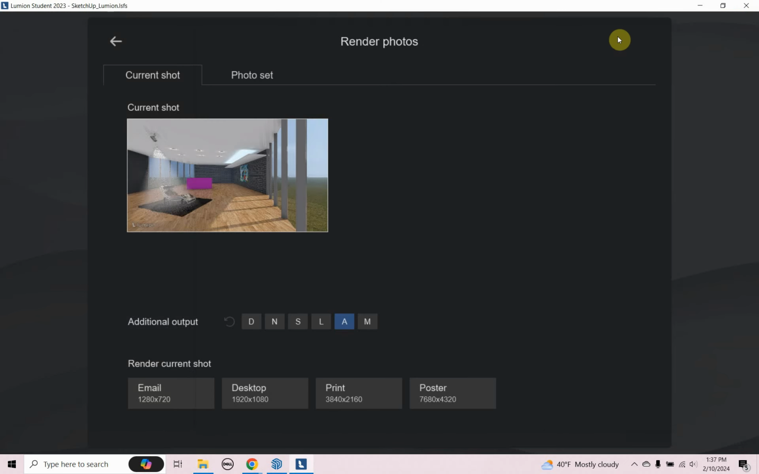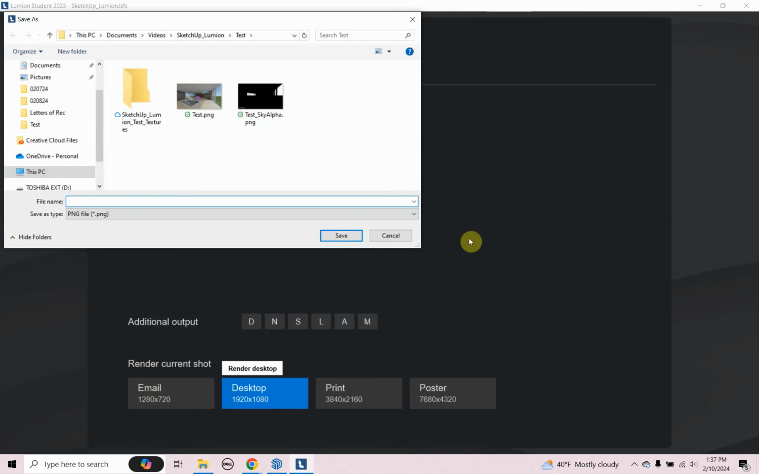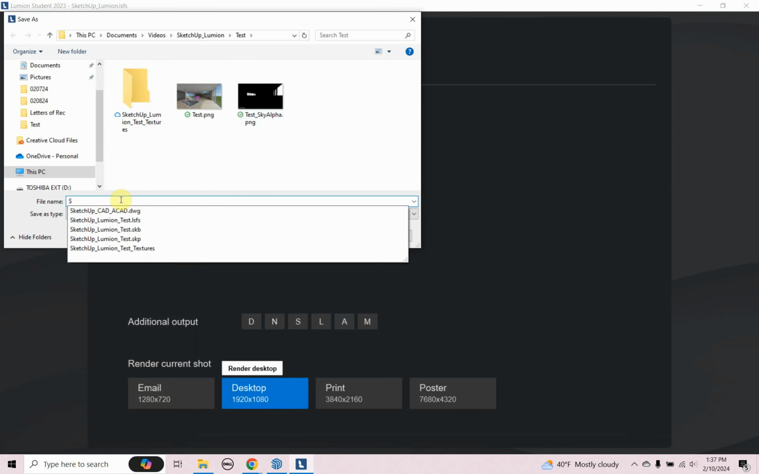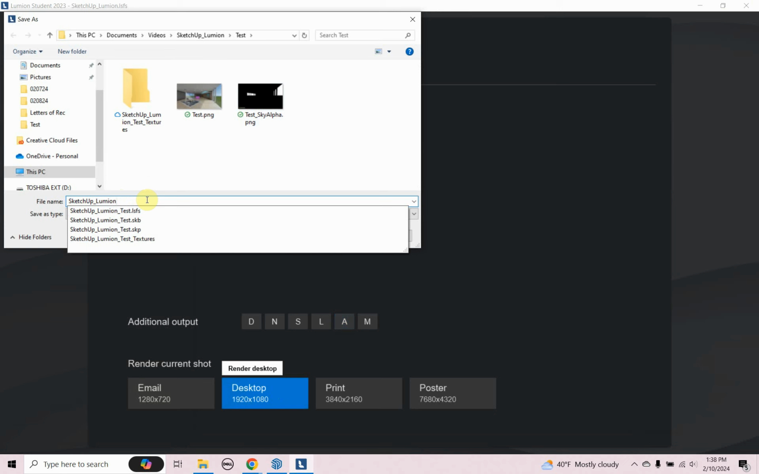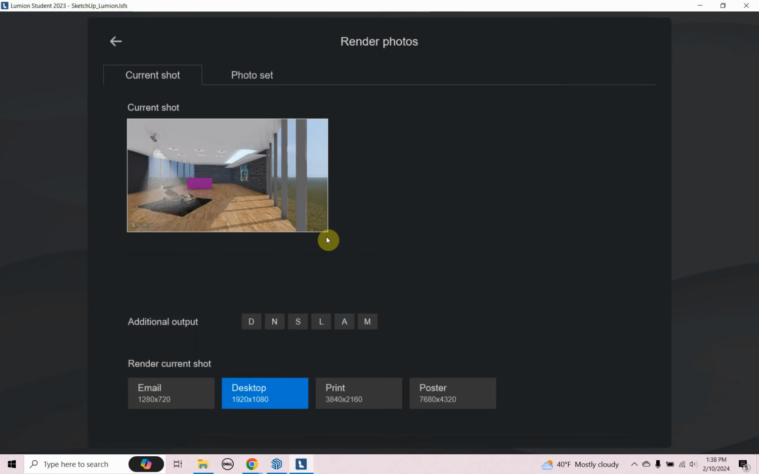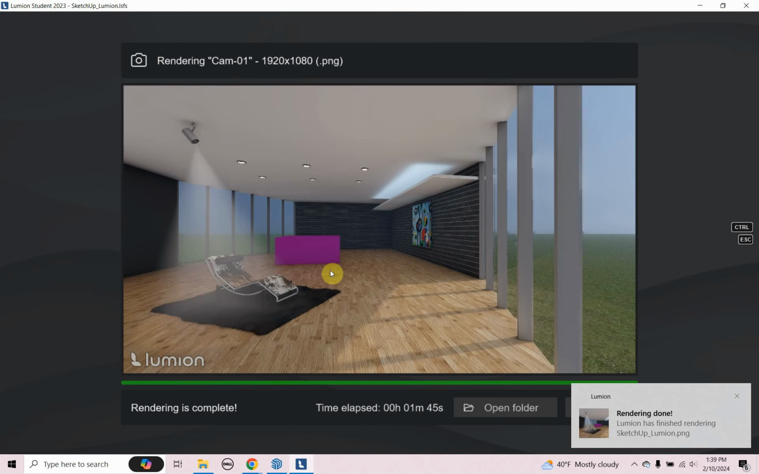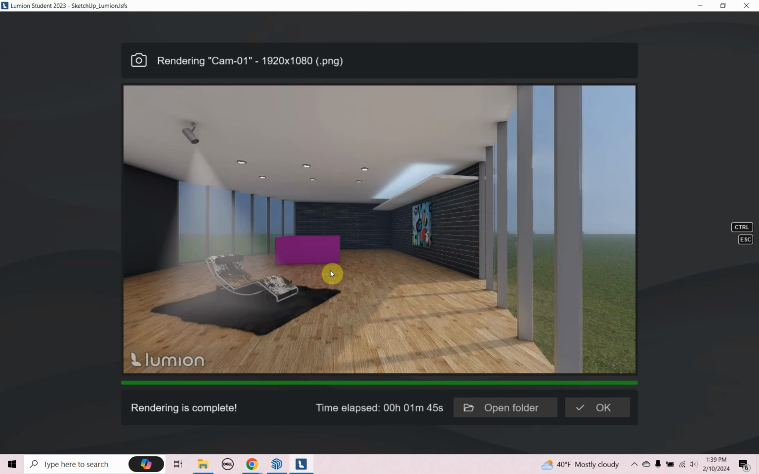So I do want to see what this is actually going to look like. So I'm going to undo the alpha for now and just render it out, and then we'll see what it's going to look like. So it wants me to save it. So this is going to be my SketchUp Lumion. I'm going to make this a PNG. And I'm going to go ahead and click save, and then it's going to start rendering it out. All right, so that finished rendering, and it took 1:45 seconds,